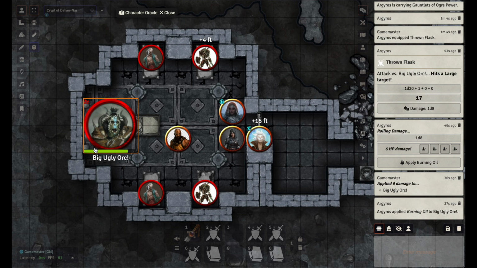It's going to see if the orc has any active effects on him. And if he does, which he does, it will then roll that d8 and apply some additional burning oil damage. I'm not going to demonstrate that. I've demonstrated it before. It works. So that's how that works. That would be an item that has an effect that applies to someone else